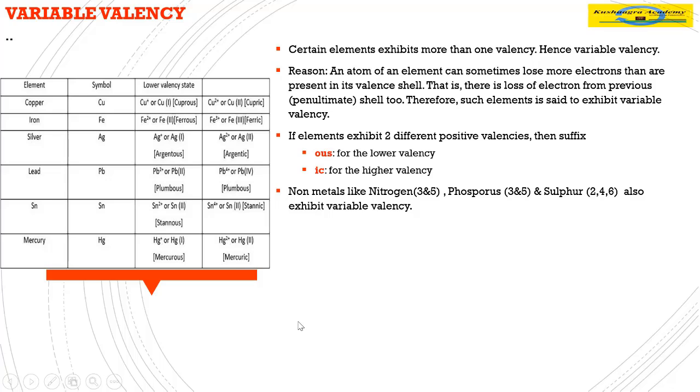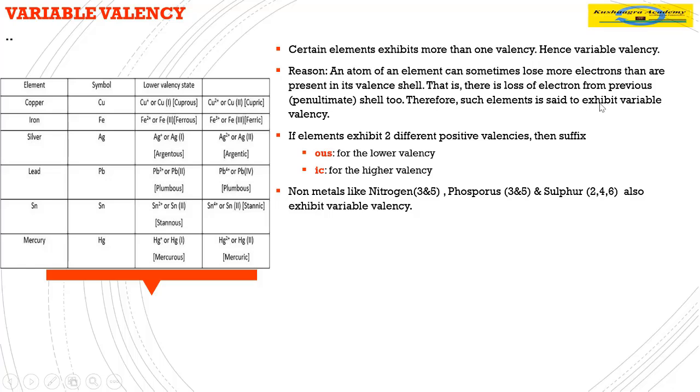But there are a few elements which show more than one valency, and that is called variable valency. Why do they show more than one valency? Because an atom of an element can sometimes lose more electrons than are present in its valence shell, that is, there is a loss of electrons from the previous shell too,